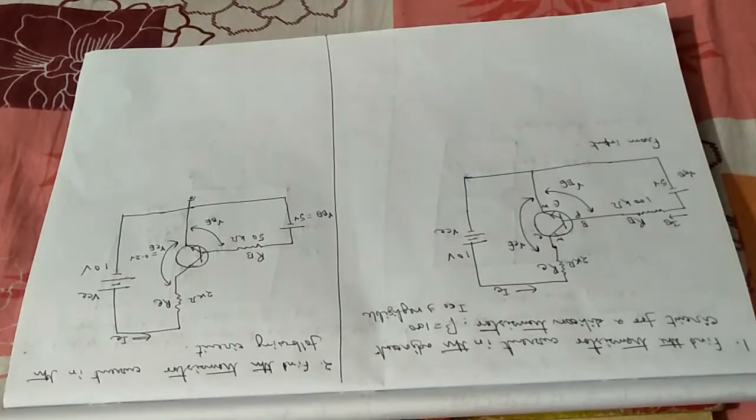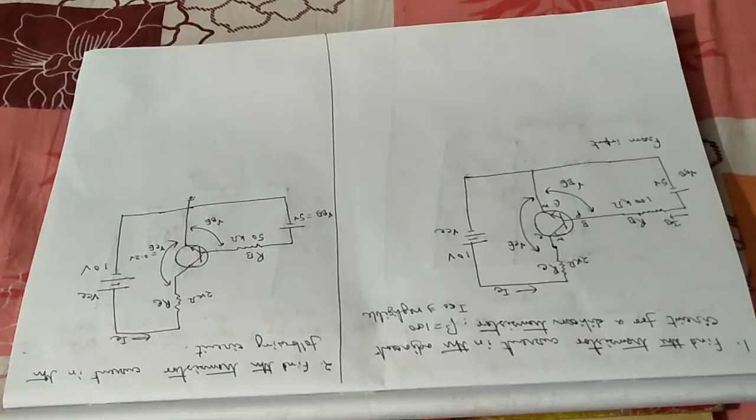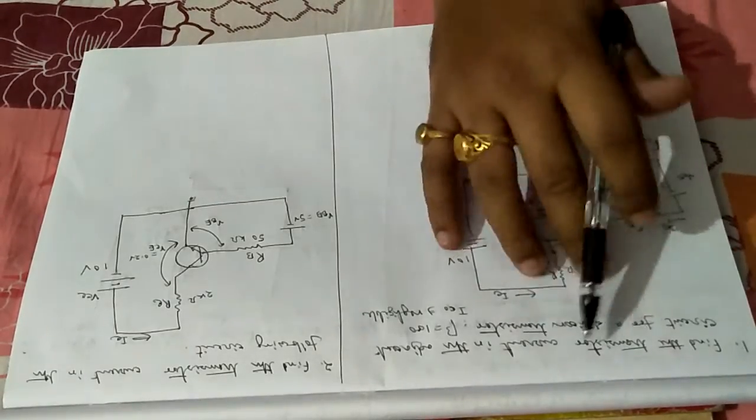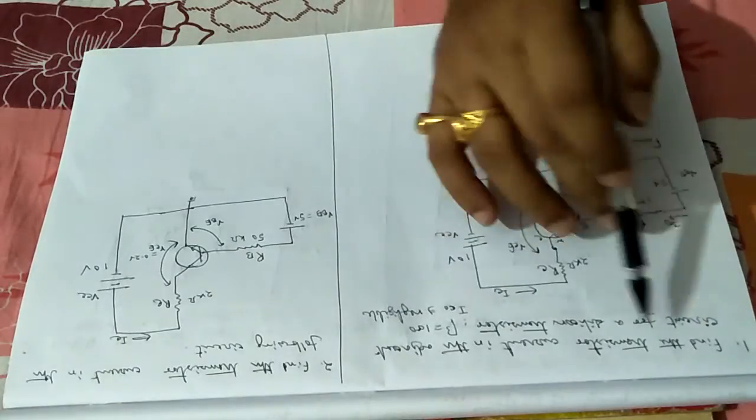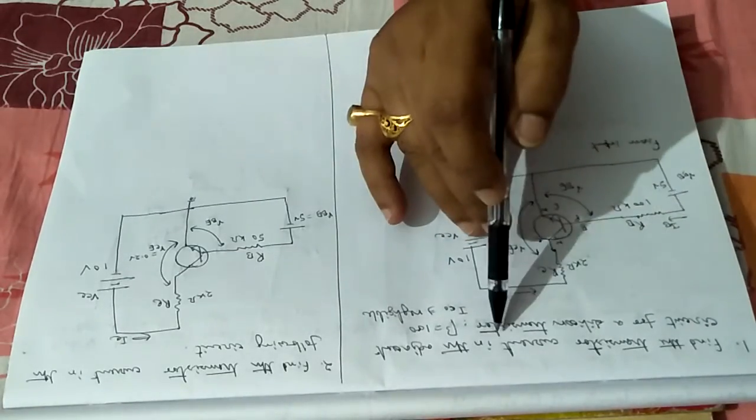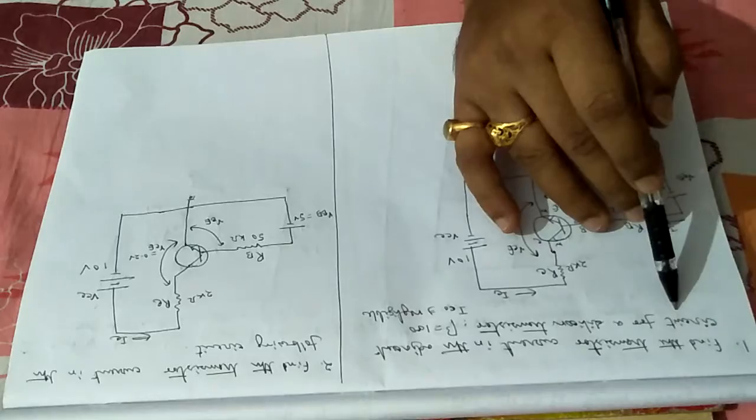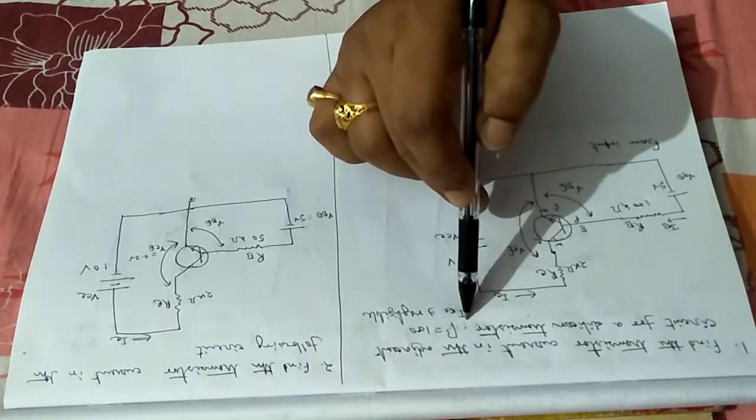Today we will see some problem solving aptitude and problem solving techniques involved with the transistor and also transistor biasing and hybrid model. So let us start solving some problems starting from some very basic one. Problem number 1, I am going through the problem for you. Find the transistor current in the adjacent circuit for a silicon transistor.